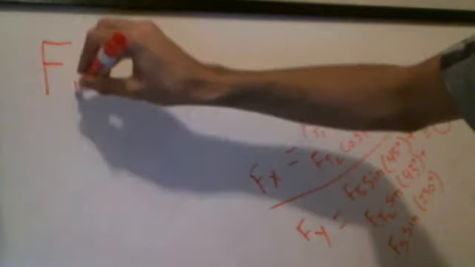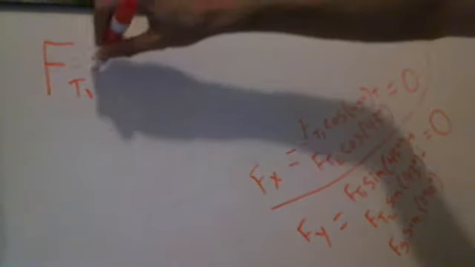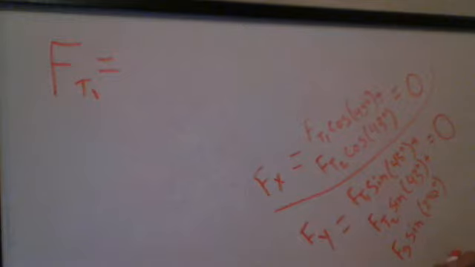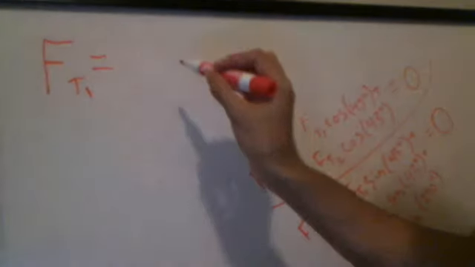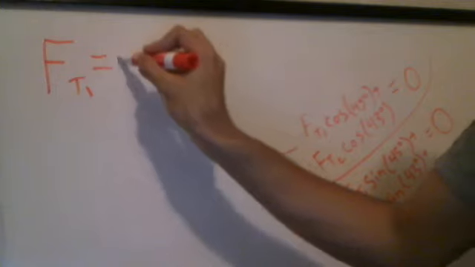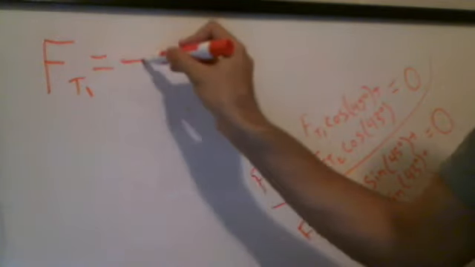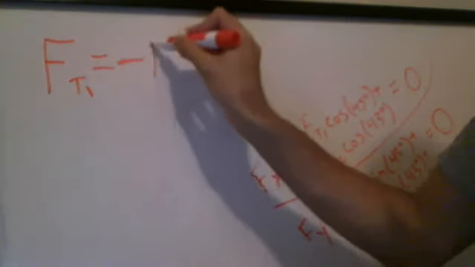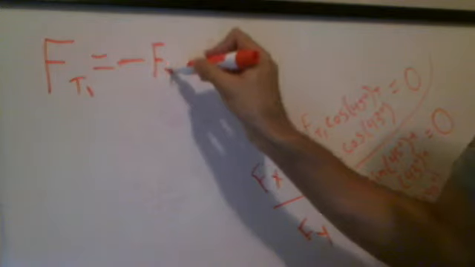F T1 is equal to, and if you do all the algebra and solve for the force of tension 1, you will end up with negative Ft2